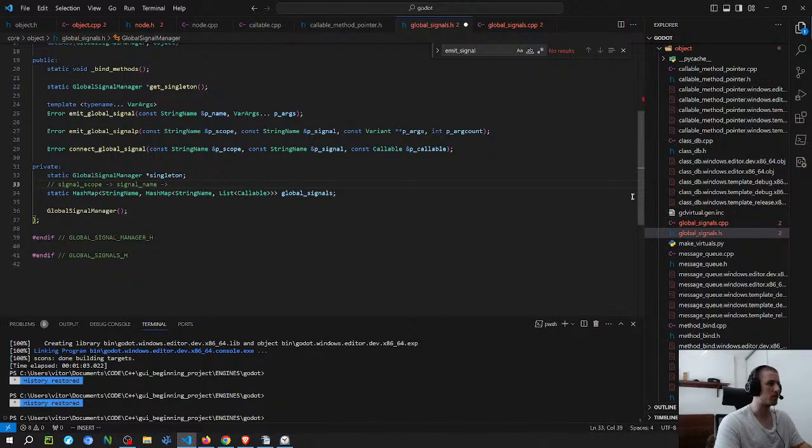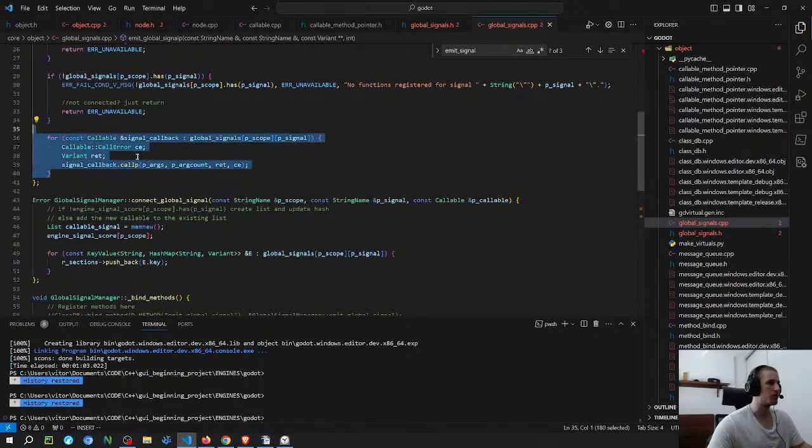And then the other one. So the last part there, I'm accessing this list of callables, and then I'm looping over the list, and I'm calling the method that the callable subscribed.